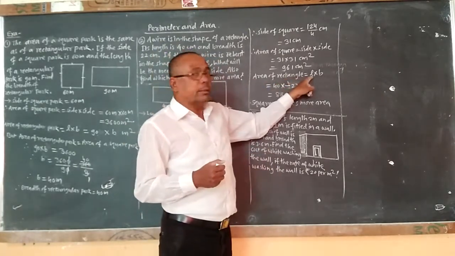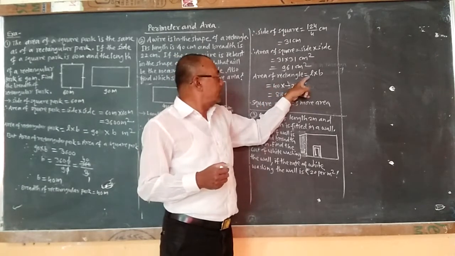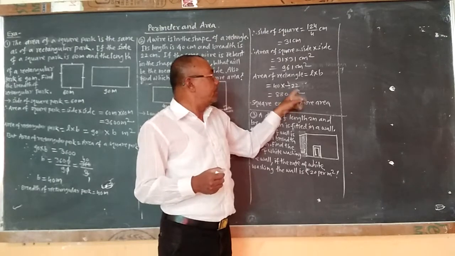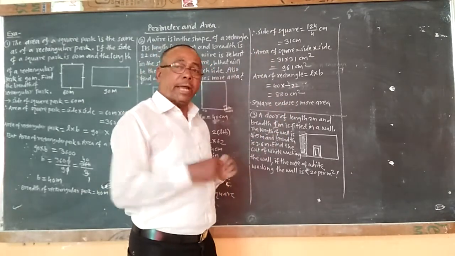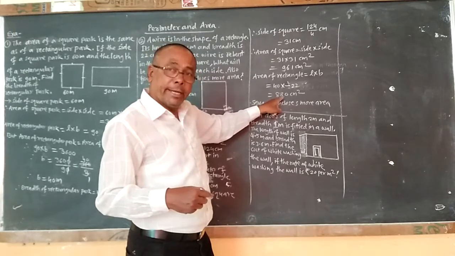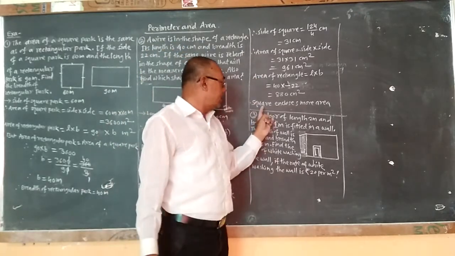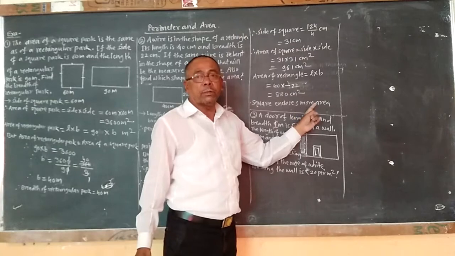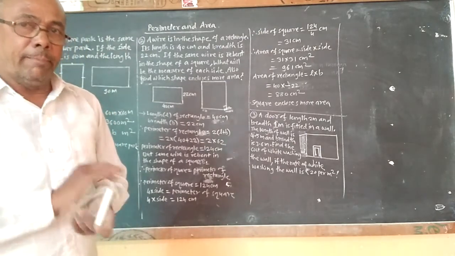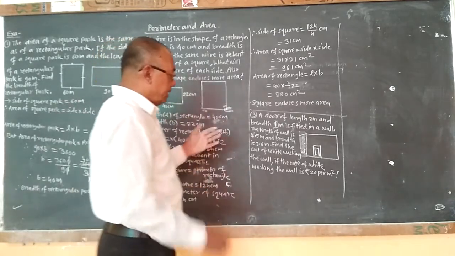Here the area of the rectangle is equal to L into B, so it will be 40 into 22, because length is 40 and B is 22, and 40 into 22 will be 880 centimeter square. From both the areas, it is seen that the area of the square is 961 and the area of the rectangle is 880. The area of the square is larger than the area of the rectangle, and therefore we can say that the square encloses more area. In this way, we have solved the two examples, and now there is one more example,